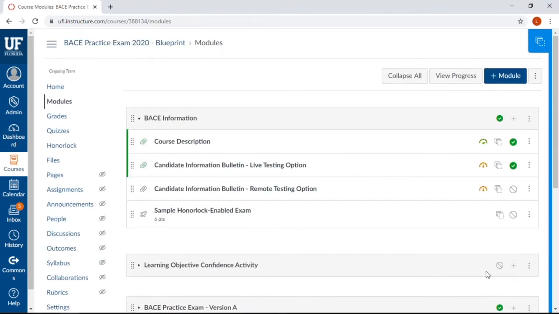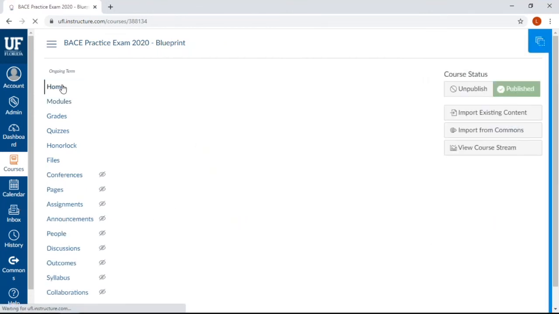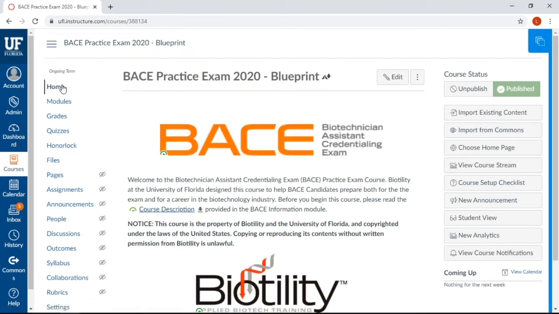Anytime you make changes to the course, we highly recommend that you review those changes in the student view to ensure that your students are seeing exactly what you intend them to. To see the student's perspective, return to the course homepage and click the Student View button.